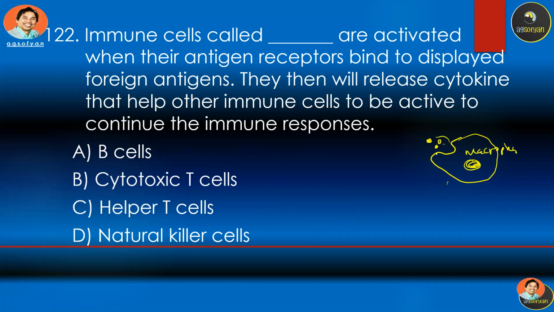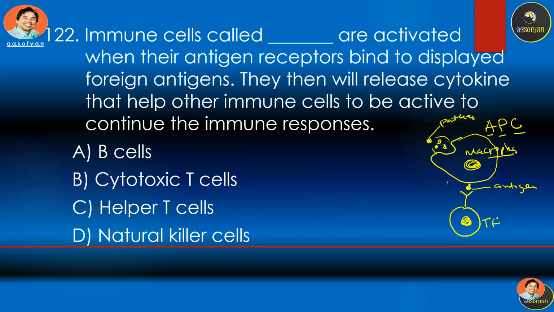When the macrophages process this pathogen, it will produce the presenting antigens. That's the reason why this macrophage is also known as APC, antigen presenting cell. So when the antigen is presented, it will be recognized by the T cell,